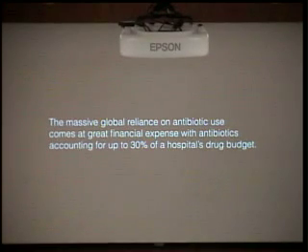And again, that's 2016. And it looks at this, it's a huge cost, and the financial expense is about 30% of a hospital drug budget. So that includes your biologics, your chemotherapies that are $60,000 a year, $50,000 a year. So 30%, even in spite of those huge number of drugs, we're spending a lot of money and a lot of time on antibiotics.